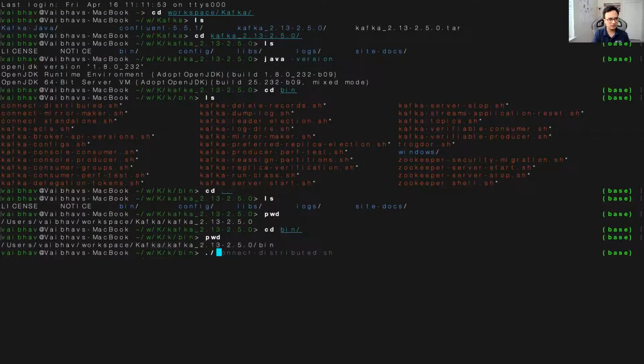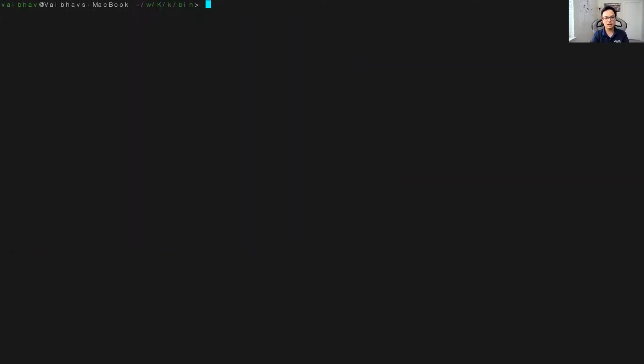So before we start our Zookeeper, let's understand the config and make changes to it so that the Zookeeper starts up successfully. I need to understand that Zookeeper and Kafka generate data and logs.